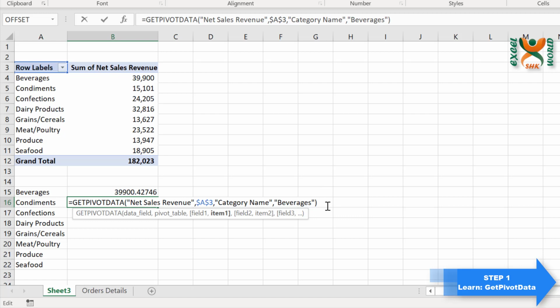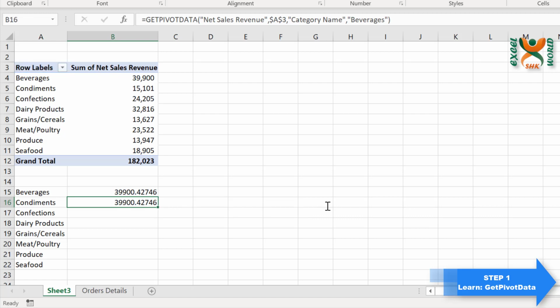So is there a way to manipulate this formula as well? As this was not created by us, this was created by Excel itself. Yes, there is a way. We can go to the first cell, just format the value before copying the formula.